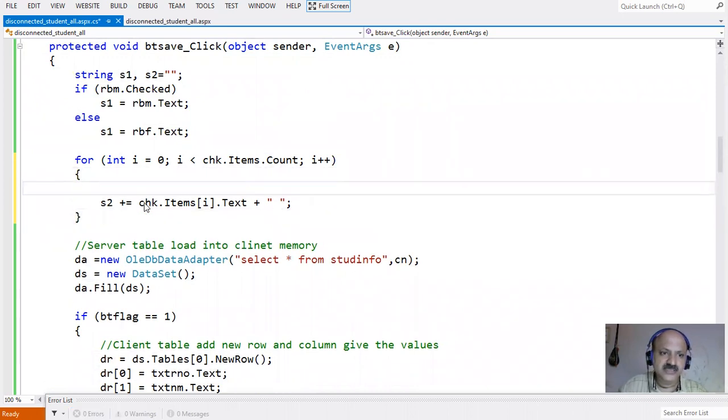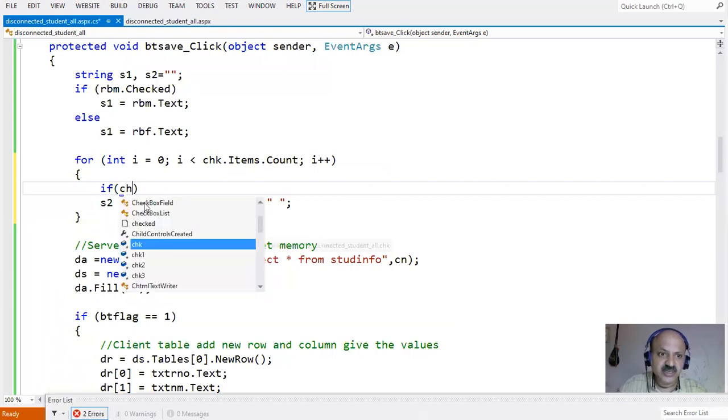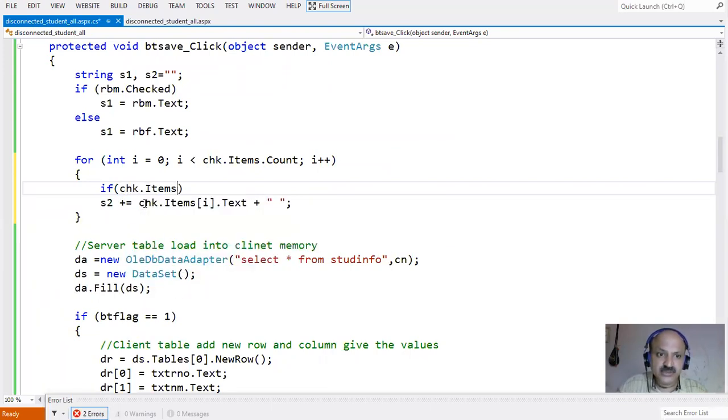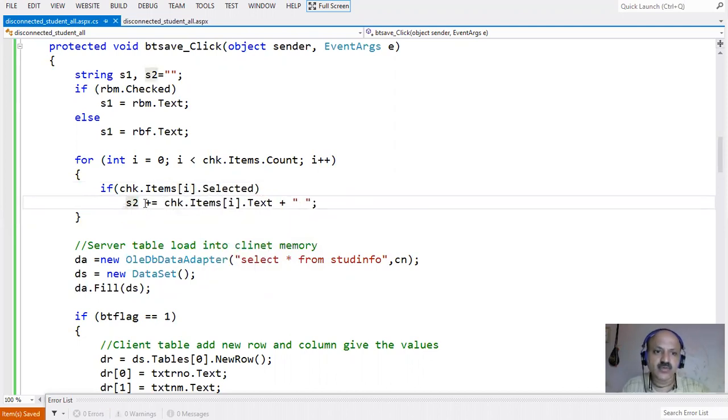Otherwise, all hobbies are selected. So that is one improvement. So CHK items of I, and if that is selected, then this is passed to S1. Otherwise, what happened? All hobbies are selected. So here we can provide an if condition. If the user has selected it, then we can take it in S2. Okay, so that is one change.